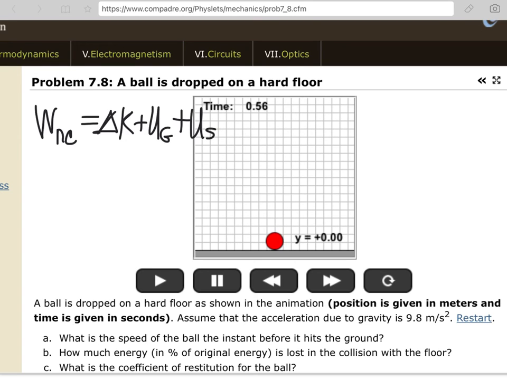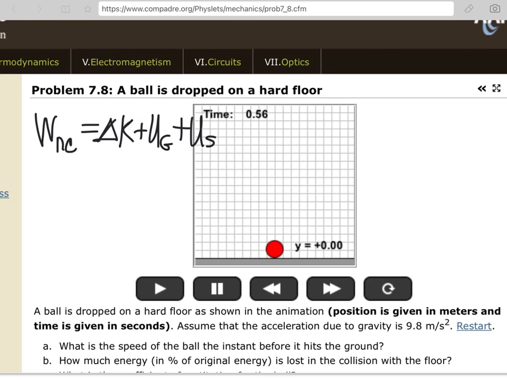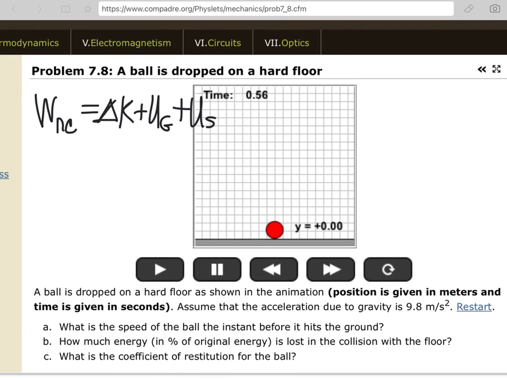So notice we start out with, let me write this down. At the top we have gravitational potential energy. That changes to kinetic energy just before it touches the ground. In a very short time, all that kinetic energy goes into compressing the ball as a spring potential energy, and then the ball bounces back,